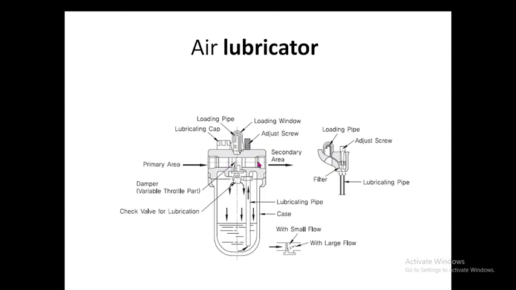Because of the flow of air through this direction, the velocity of air is high in this area, causing low pressure inside this area. When the air pressure enters inside this area here, it causes higher pressure in that area, which pushes the liquid through this pipeline or through this venturi here, and because of this the oil goes in the upward direction in this area.